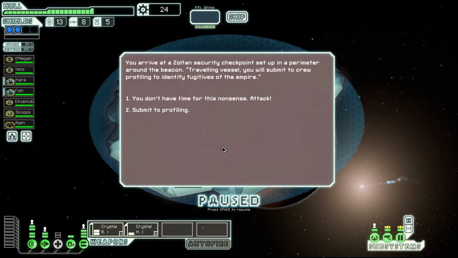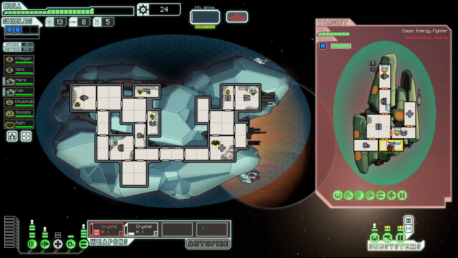If we submit to profiling, we don't get anything out of it and we might get attacked anyways. If we attack them, we get into combat and we get scrap out of it. So I will attack them, even though it's not the Federation thing to do, it's not the polite thing to do. They are the security force of the sector after all. They are here doing their job. And I am the asshole Federation in a crystal ship, just busting my balls, busting my ass through their